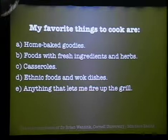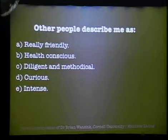My favorite things to cook are... No soldering iron references here, please. You don't cook junk food. Junk food's extruded. Okay, are we ready? Other people describe me as...